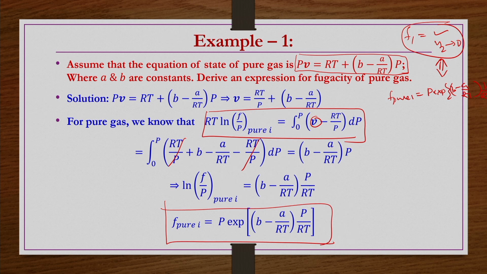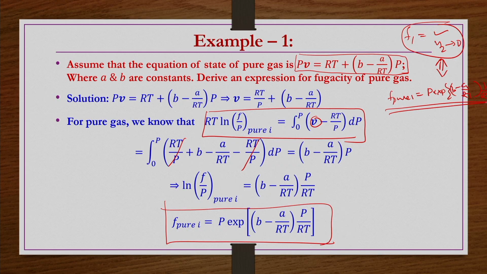In the f1 relation that we derived in the previous class, we considered a binary mixture obeying the van der Waals equation of state. By substituting y2 tends to 0 in the f1 relation, since it is a binary mixture, if y2 tends to 0 then it is pure 1. So for that case we derived f pure 1 like this. Then, let us say we do not know the f1 for a binary mixture, we made use of the fugacity expression for a pure gas, and we got the same thing. So that is a kind of practice as well as a cross check.